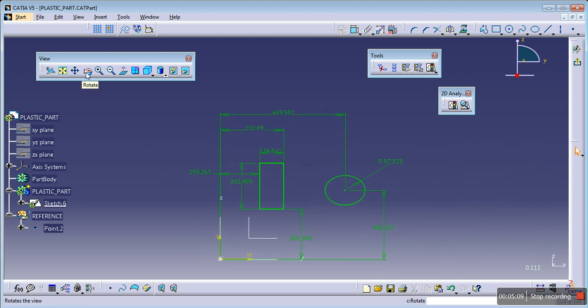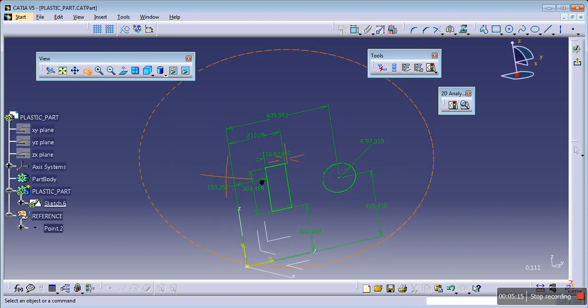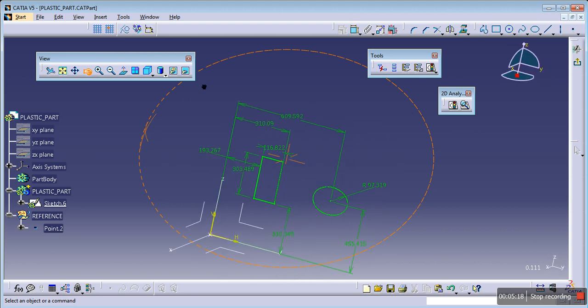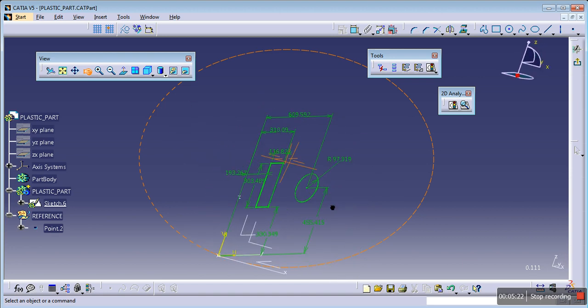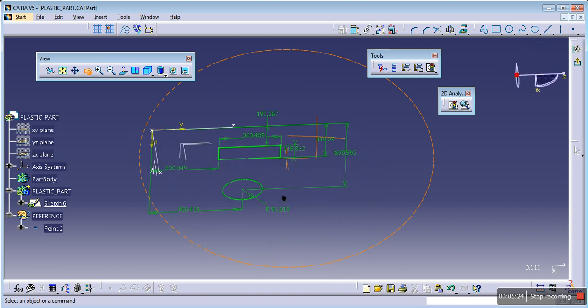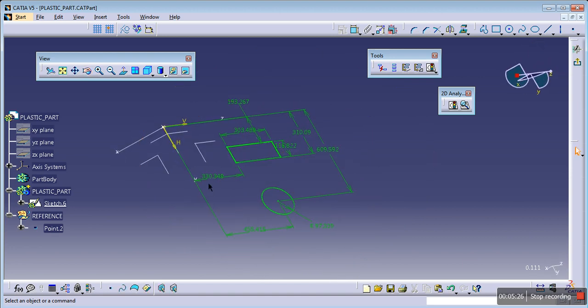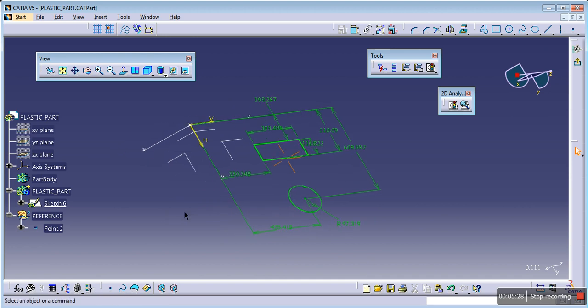Next is rotate. Select rotate, press and hold the left button on your mouse and move the mouse, and you can view it at a 360-degree angle. Right, now the sketch is not in a proper orientation.